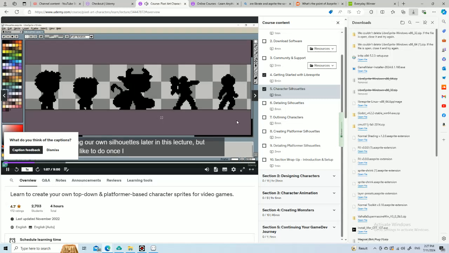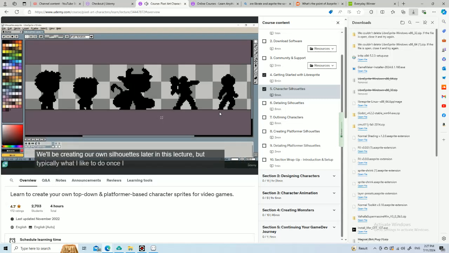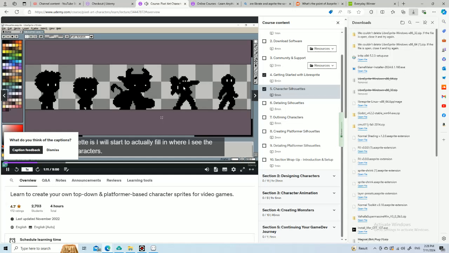Later in this lecture. But typically what I like to do once I create a silhouette is I will start to actually fill in where I see the eyes for my characters. This just allows me to